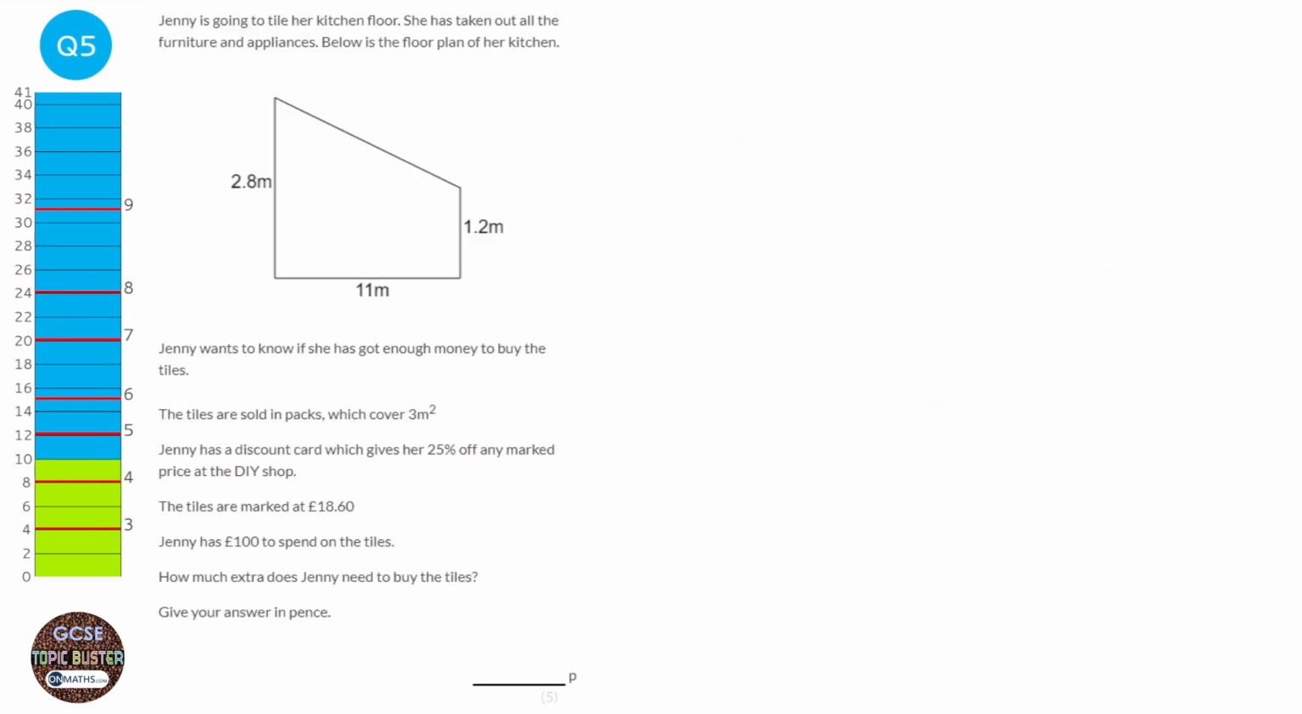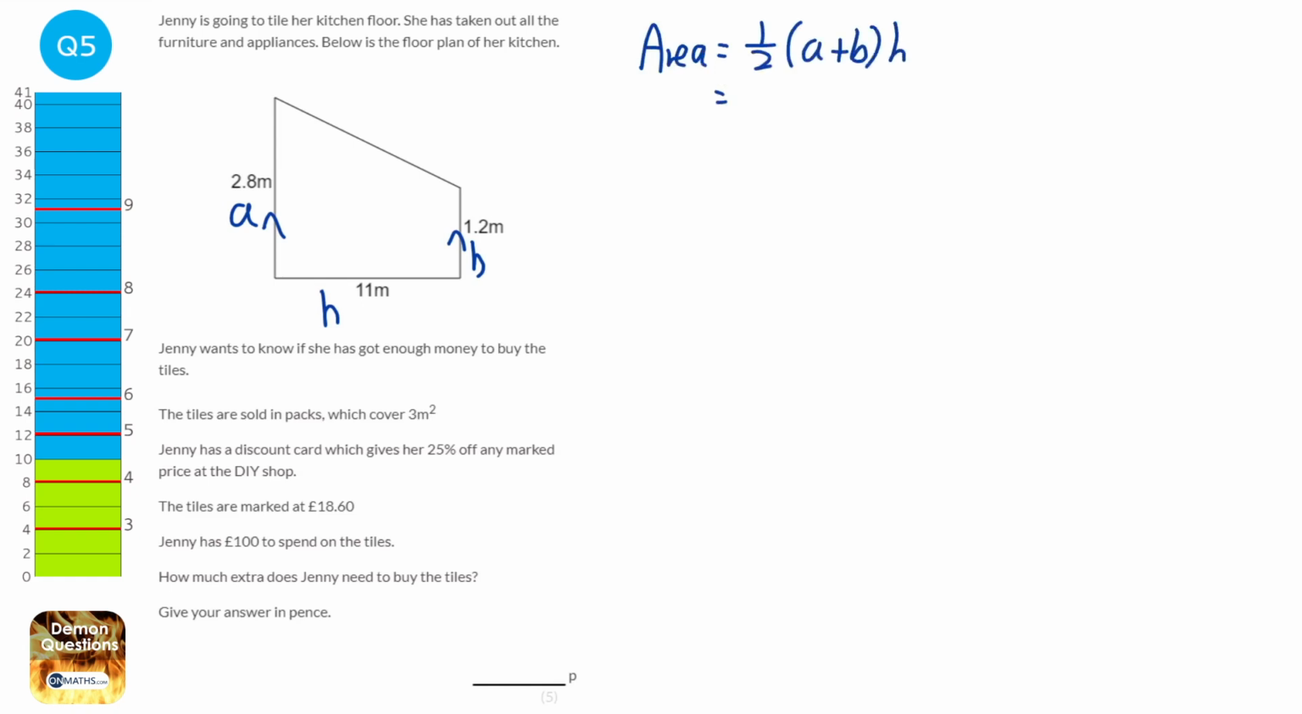The first thing we need to do is work out the area of the floor, and you'll notice that this is a trapezium. So with a trapezium, the formula is half a plus b times h, and a and b are the parallel sides, so these ones are the parallel sides, and the height is the one connecting the two bases, the two parallel sides. So we're going to start off by writing down the formula, so it'd be half a plus b h, so